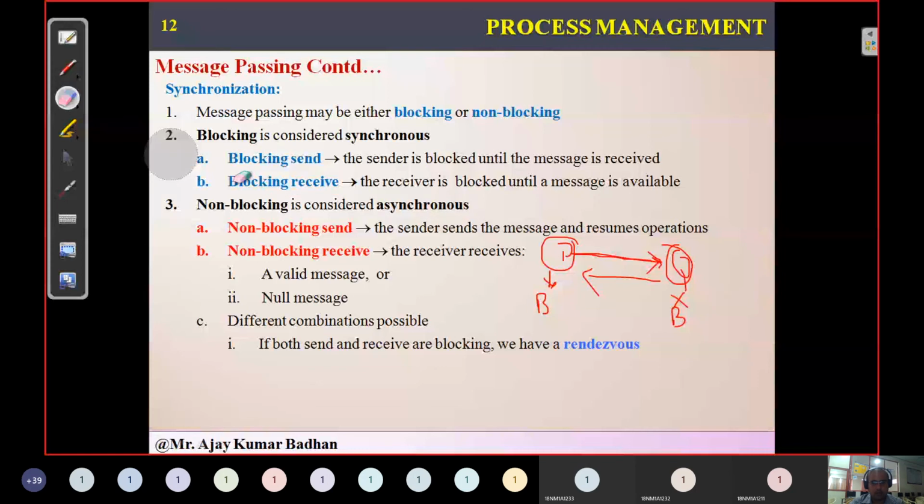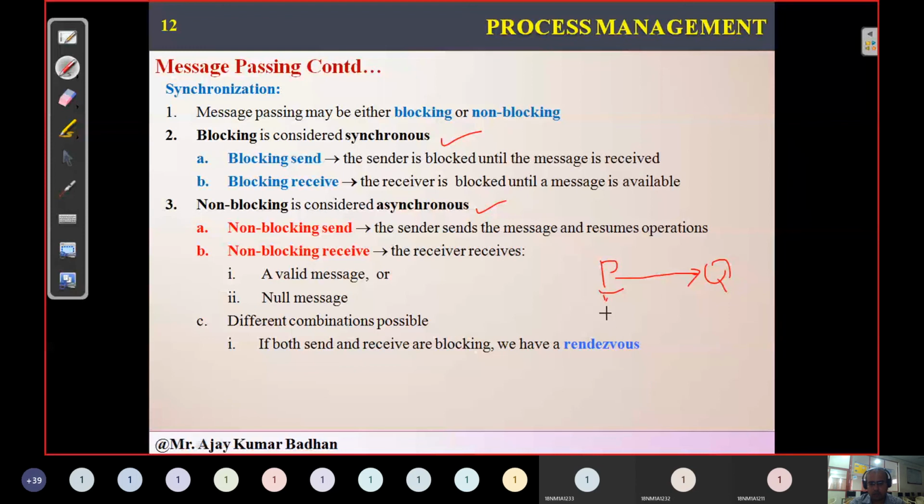Then finally we have something called non-blocking, which is asynchronous in nature. Blocking is synchronous in nature, non-blocking is asynchronous. What does non-blocking mean? We have processes P and Q. P will send a message to Q, and after that it will not wait for the response. It will start performing some other task.